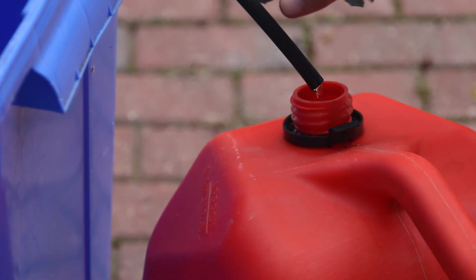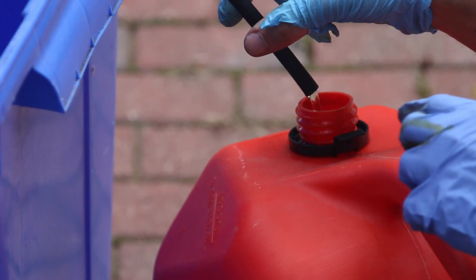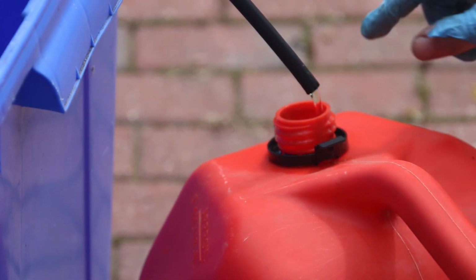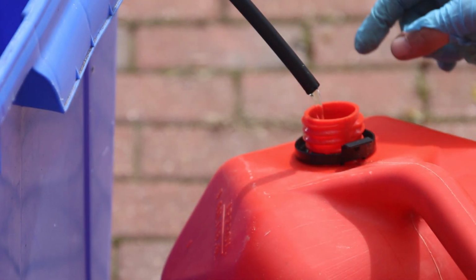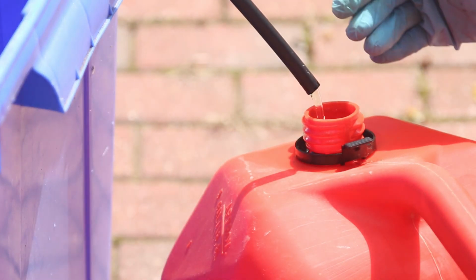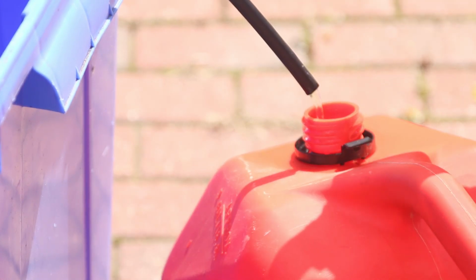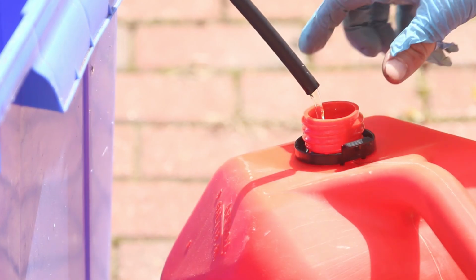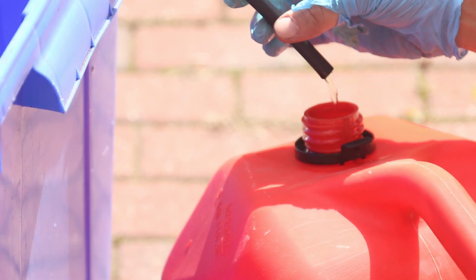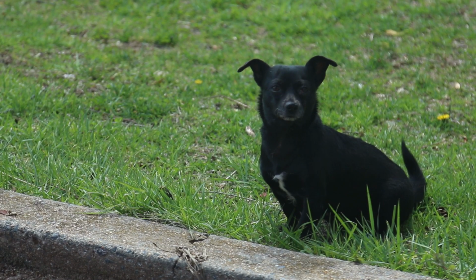So a lot of times the problems just happen from old gas, because water gets stuck in the gas, and I did notice that the carburetor had some problems that looked like it had water in the carburetor, and I think that's the problem. The gas in this tank is pretty old, and I don't want to take a chance running it through the bike again. I'm going to get some fresh gas. I'm going to let this run out, and I'm just going to go and get...